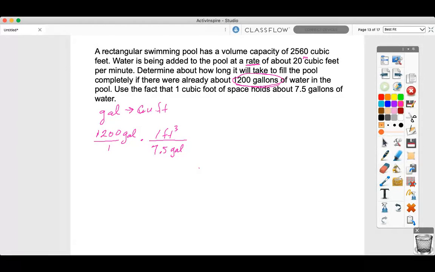Okay, and this is back to the unit analysis that we did a long time ago, dimensional analysis. Because gallons is in the numerator, we have to put gallons in the denominator, because labels can cancel, numbers cannot, but labels cancel. So this now equals 1,200 times 1 cubic foot. So this is 1,200 cubic feet